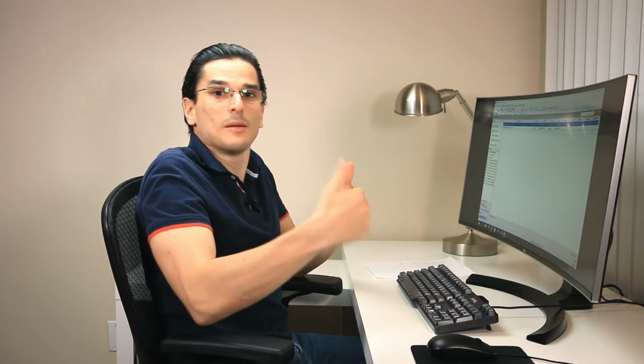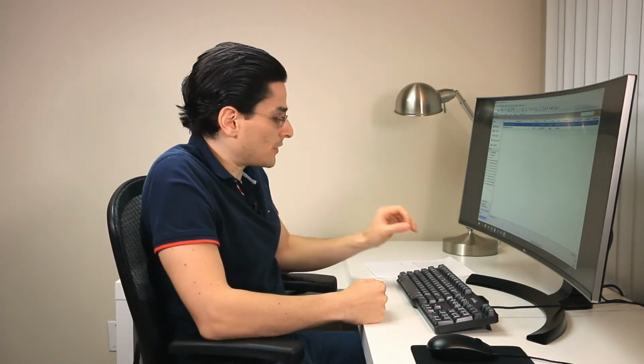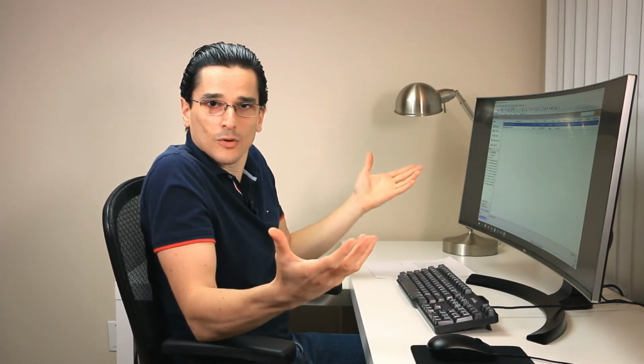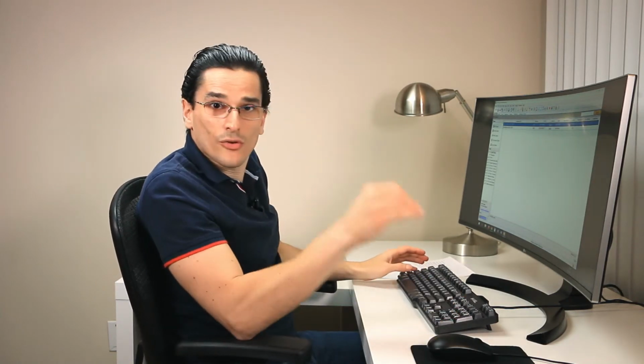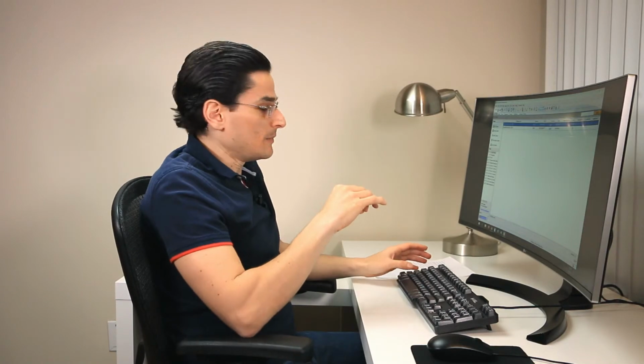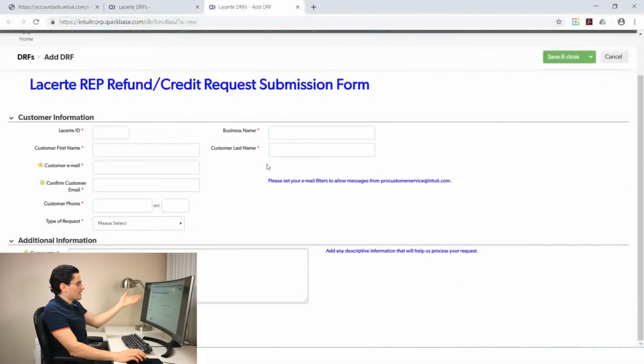If you're using the pay per return billing system like I am, they're going to charge you for that return. So you might be paying $72 just for that little mistake of forgetting to put in the 9s in the Social Security number field. So you think, well, you could just request a credit, right? Simple. Not so much. To request a credit for the rep fee in that scenario, you basically need to go to their website and you need to use this handy dandy tool where you enter the Lacerte ID, the business